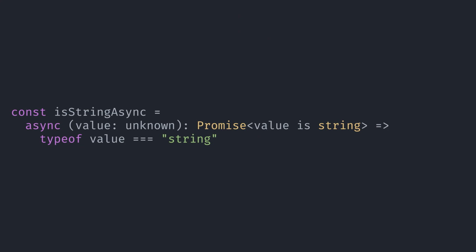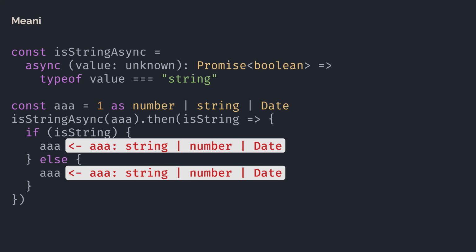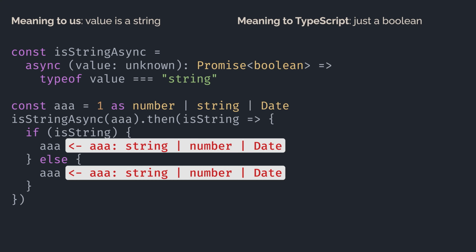The thing is, I have a real-world use case where asynchronous type guards would be useful, and I will show you that scenario. But I want us to first understand our implementation of asynchronous type guards. So let's stick with our fictional isString async function for now. We can't currently return a type predicate wrapped in a promise, but we can return a boolean wrapped in a promise. Now, as you might have guessed, that boolean means nothing to TypeScript. It performs no type narrowing in our variable. That is sad. It seems like we can only have synchronous type guards.